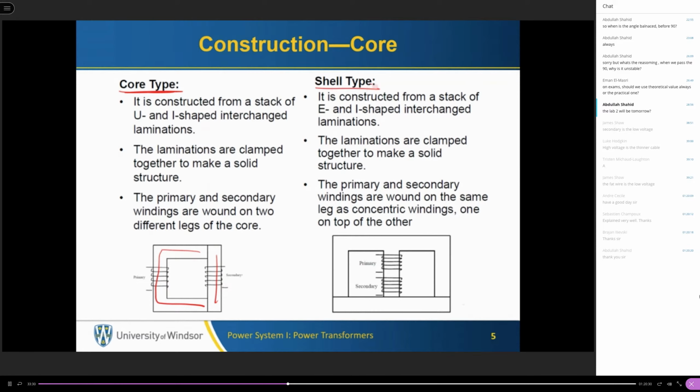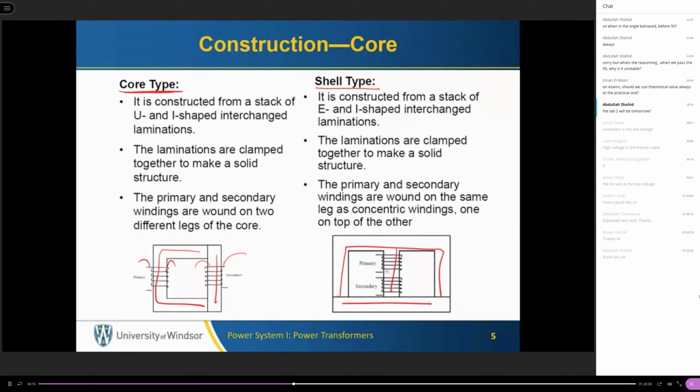The second type is the shell type. Again, it is constructed from a stack of E and I shape. So this is the E, and then we have the I shape. This is more efficient than this one. Here, the eddy current or the leakage flux is higher. But here, the primary and secondary windings are wound on the same leg. So the leakage flux is minimal, because most of the flux generated by the primary winding